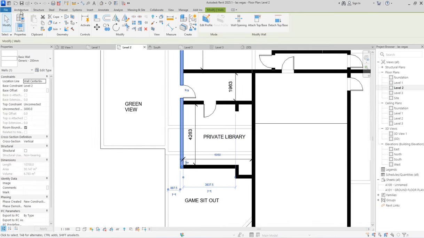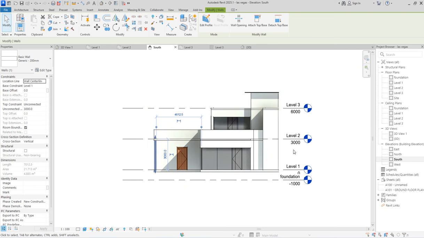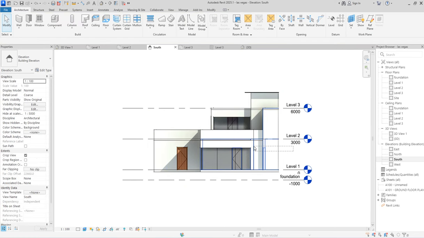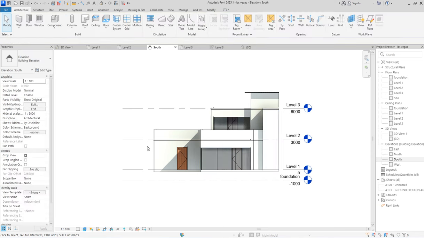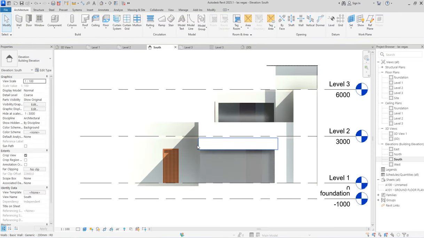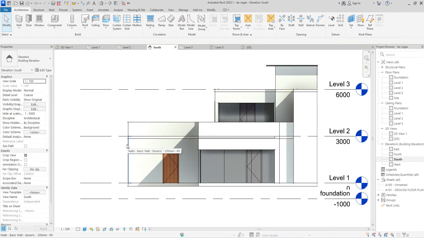Go to elevation. At the elevation, you just select this, then you select where those portions are laid. Okay, this one is a double standard stop. Anyway, you can still use the same method.